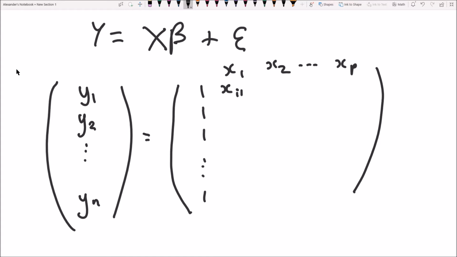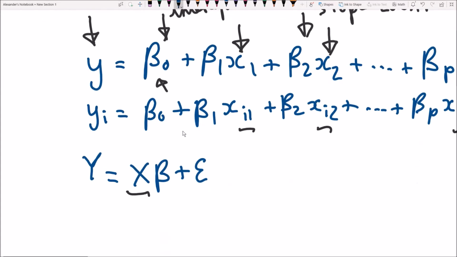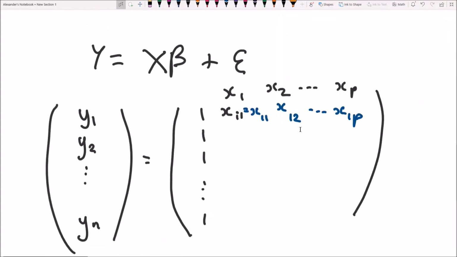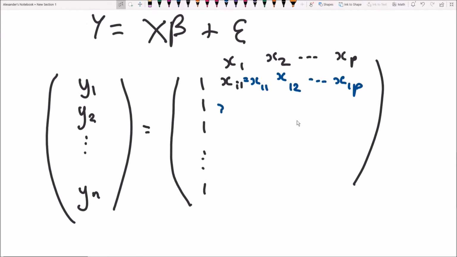But we need to be aware that this is going to be xi1, and specifically since we're in the very first row, this is x11. This is going to be x12, all the way up to x1p, because this is the formulation that we're using. We're using xi1, xi2, where i denotes the row in which we are working. So similarly for row 2, it's going to be x21 for row 2, column 1, then x22, all the way up to x2p. And the very last row, it's xn1,